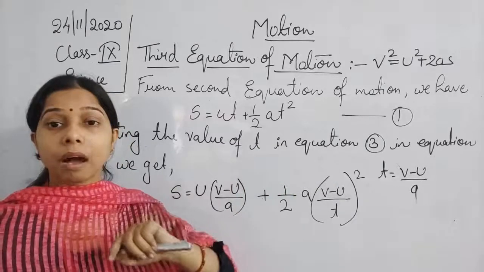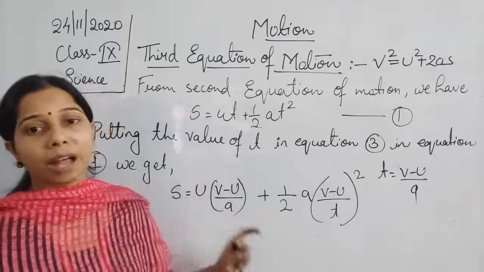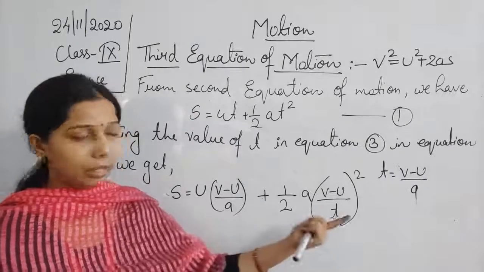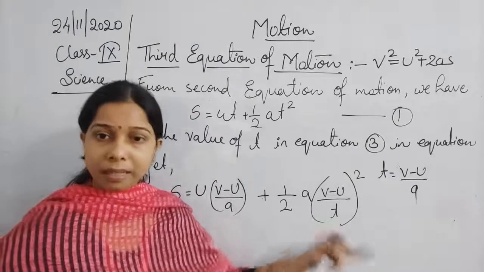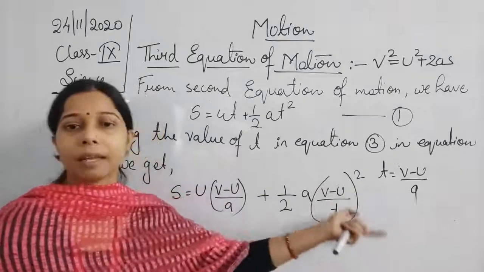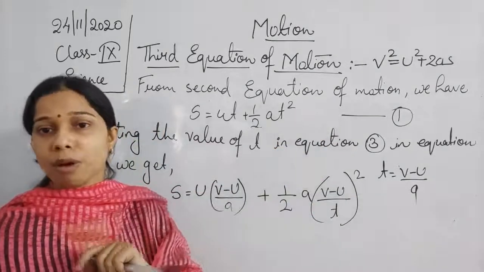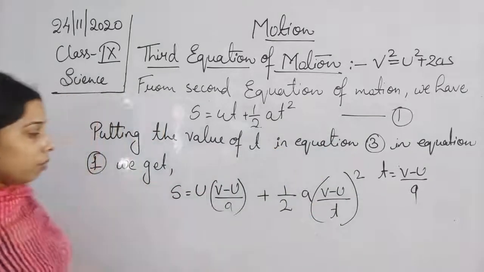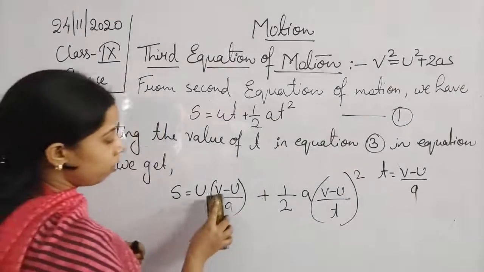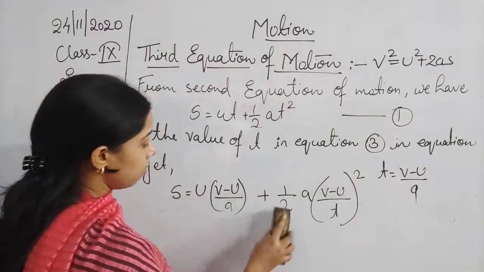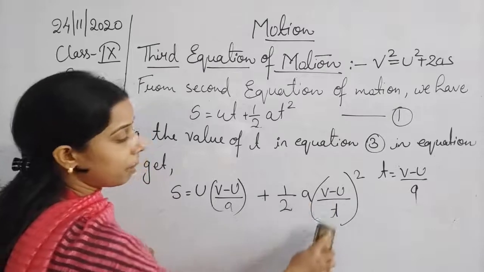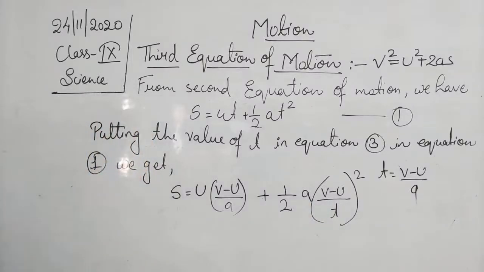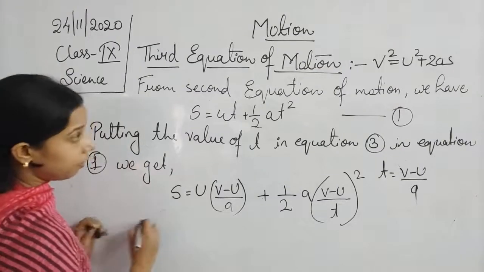So here we are eliminating, deleting the value of T, time, by rearranging the first equation and putting that value in the second equation of motion. Okay, so you see S is equal to U times (V minus U upon A) plus half A times (V minus U upon A) whole square. Now what we will do, we will open that. Okay, so here it will be